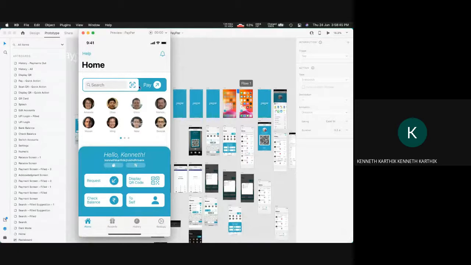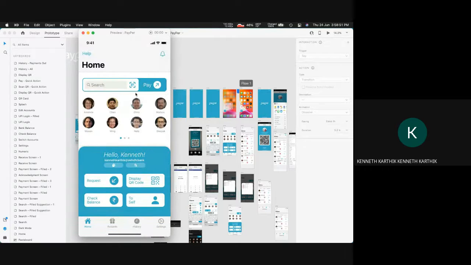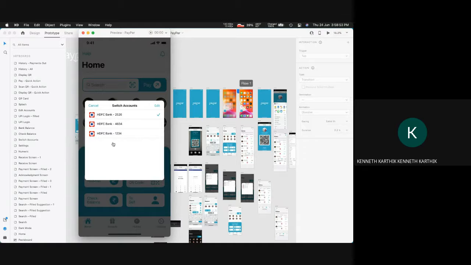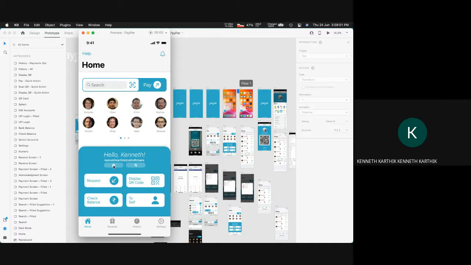And it also has the QR scanner where you can scan using the default camera app, and you can switch your accounts between any of your different bank accounts immediately, so you don't have to log out and log in each time. Quick account shifts, and then you can copy your UPI ID and then share it across. And if you do a request, it will send a request ticket to that person you want to basically get